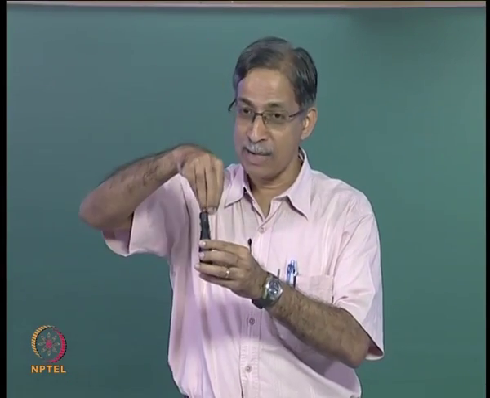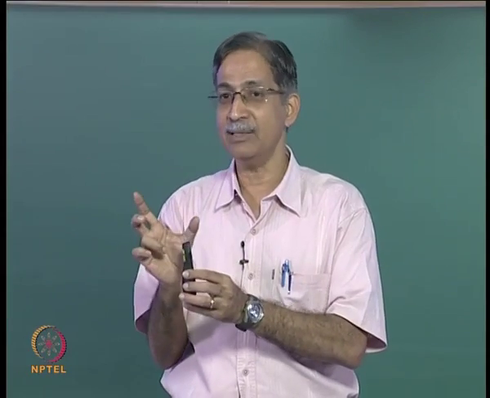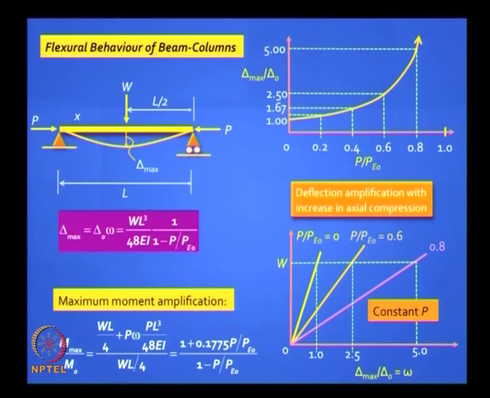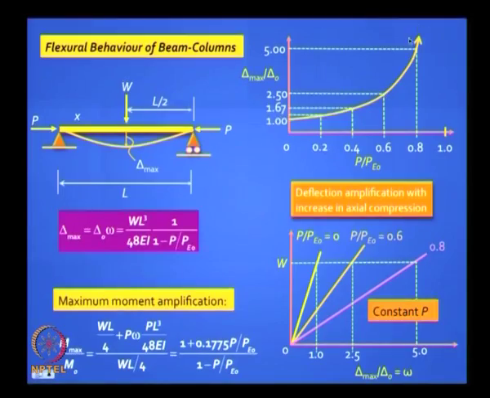Now if you had a heavy load acting, then that delta is going to be large, and so you have to calculate correctly. Now if the P is constant, let's say that load is not changing, and if you plot delta max by delta naught, you can still do linear analysis. Look at this delta max equation. It is a linear function of W and it is a non-linear function of P. If P is constant, you can still do linear analysis, but if W is constant, then you have a non-linear